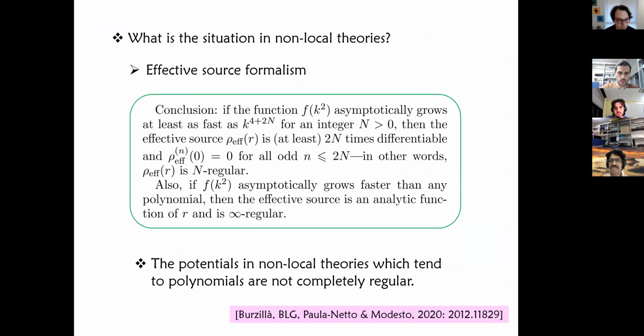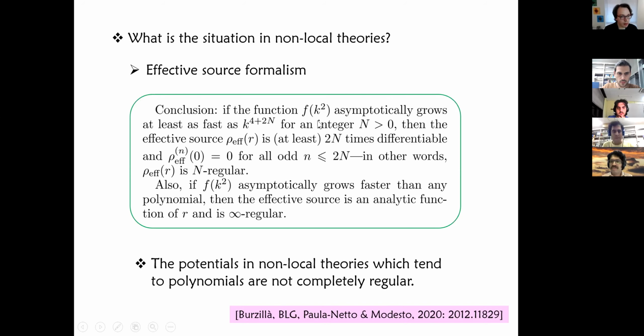And this result can also be extended to some non-local theories, also using the effective source formalism that is very convenient. But here, not by taking limits and verifying the uniform convergence of the limits, but in some situations you can derive inside the integral and pass the limit inside the integral, depending on the convergence of the damping caused by these form factors in the UV. And the conclusion, for more details you can check in this paper, is that if the function